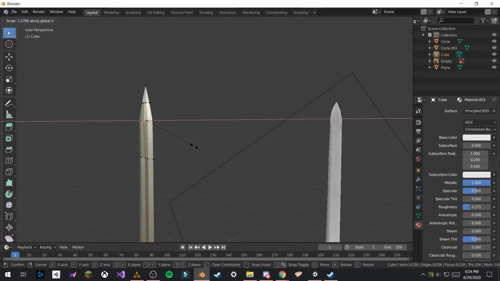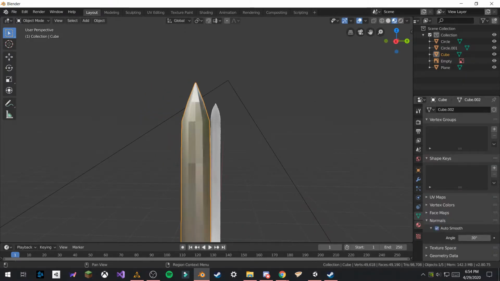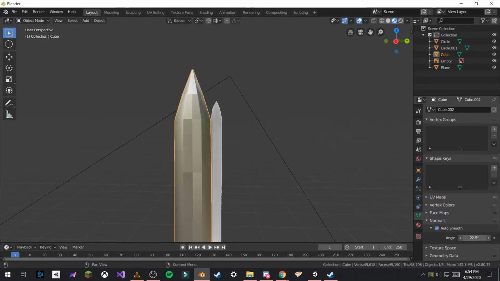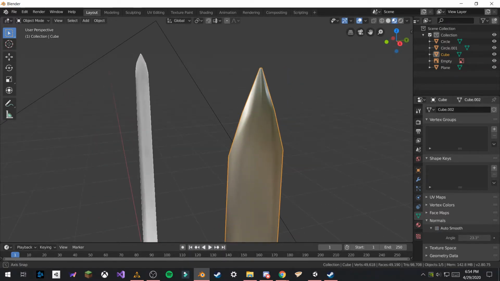It's going to look a lot better once we smooth it out, because you can see if we smooth it out right now, with auto smooth on, it's going to look a lot better after we add more detail to it, of course. So